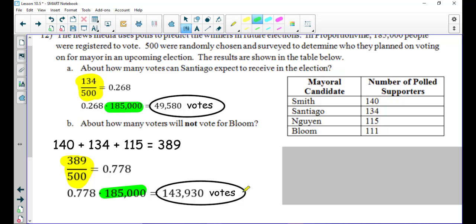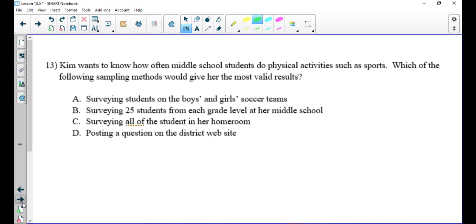143,930 votes. Now, another way to do this would be to figure out how many votes Bloom does receive and then subtract that from the 185,000. That would be another option. Both of them take about the same number of steps, but I've had students do it that second way in the past. All right, our last question, number 13, I tried to throw a question in that's multiple choice related